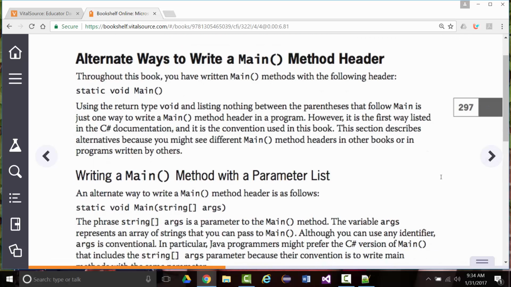All right, next they go into alternative ways that you can write main. We've always written main like this. Now you should know what that means. Static means I don't have to create a main object. Void, meaning it doesn't return anything. Main, which is the name of the method, and parentheses, meaning there are no arguments. I can also write it like this: static void main,